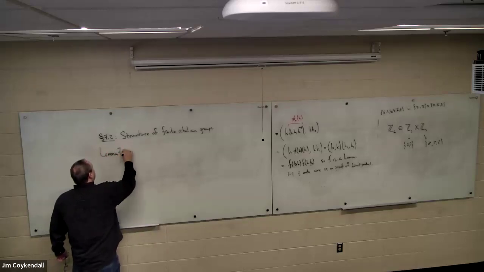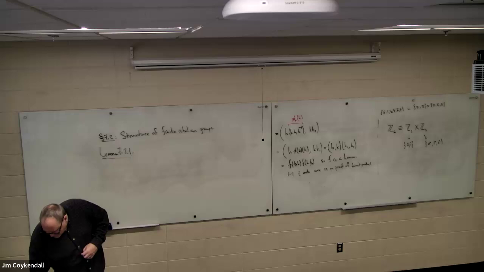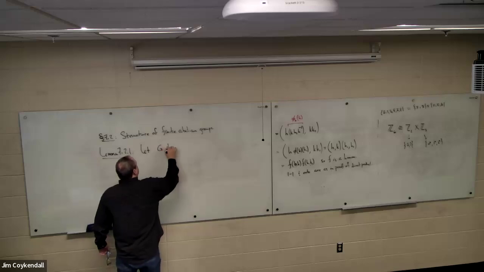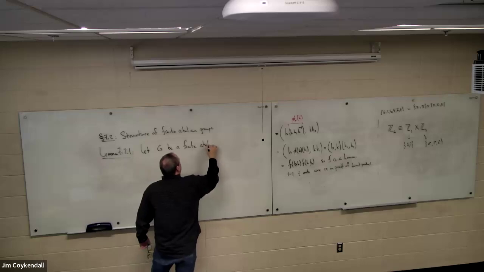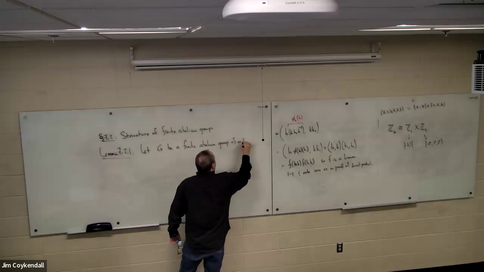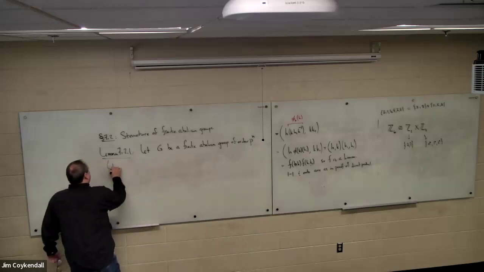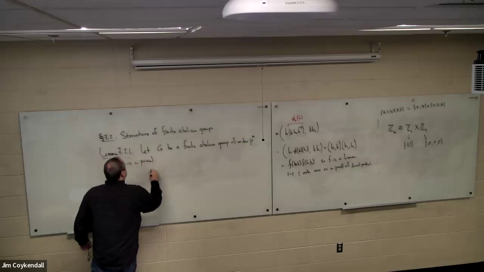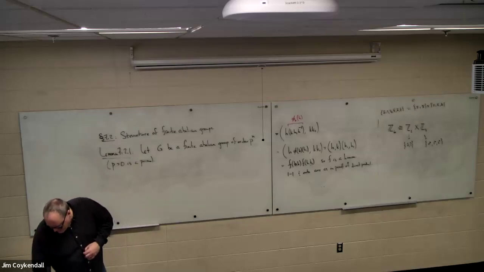And this limit is actually really kind of groovy if you think about it. Suppose you have an abelian group of order P^n. Let G be a finite abelian group of order P to the n. And here by P, I mean a prime, P bigger than 0 is a prime. Then